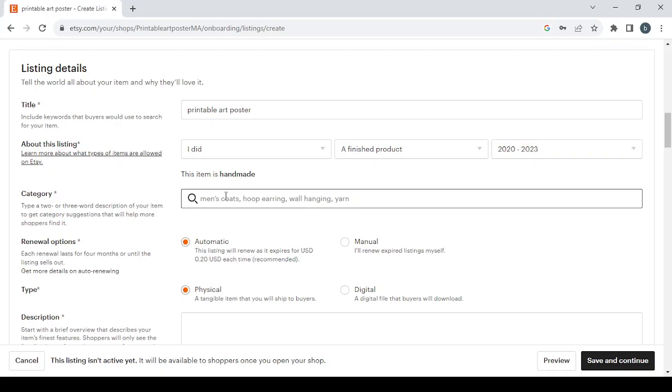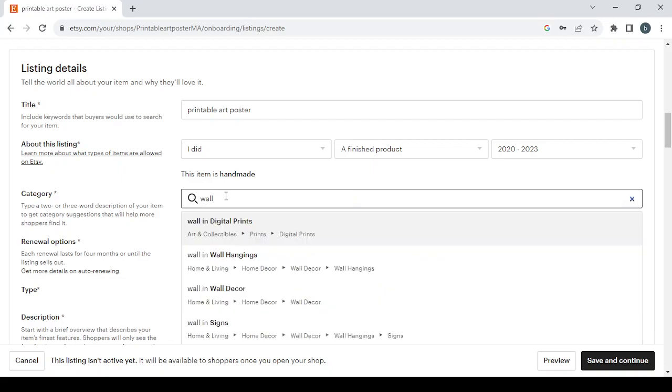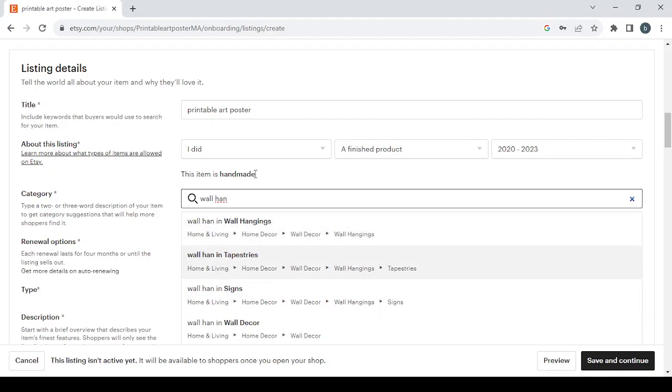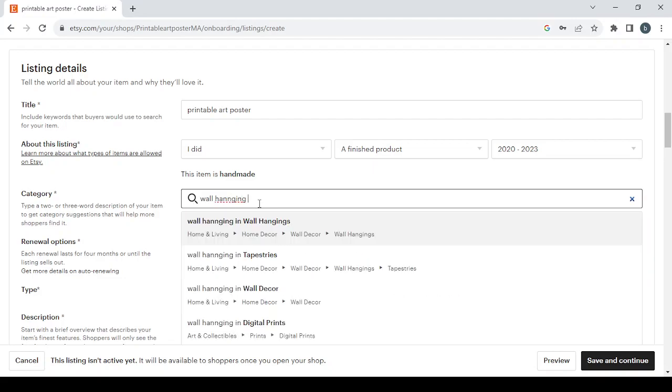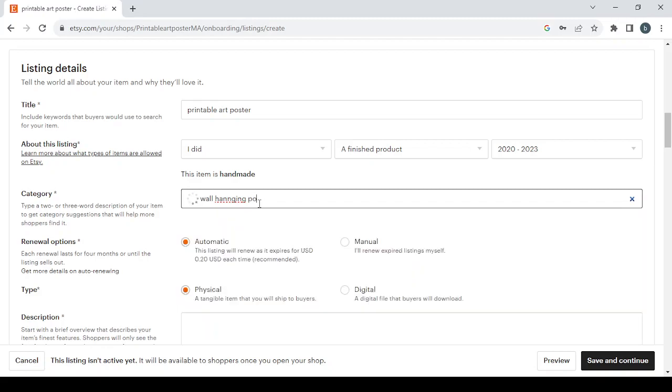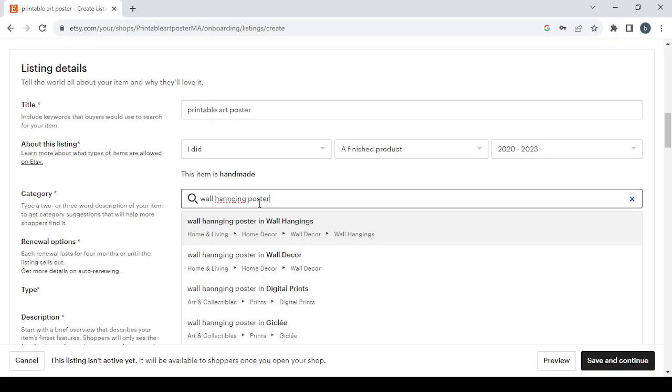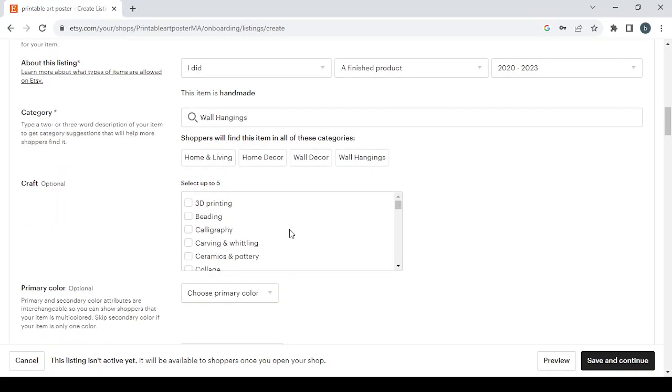So let's go with wall hanging, wall hanging poster. So let's choose this category,